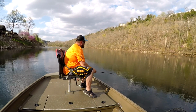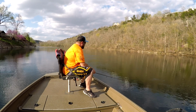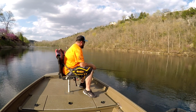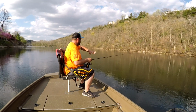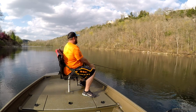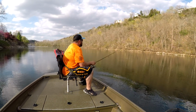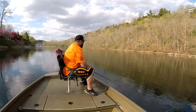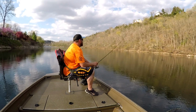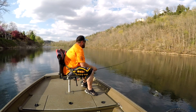So I'm getting down here. I can see that the breeze on the lake is picking up quite a bit. And so what I'm going to start doing here is laying my 2-pound line flat across the top of the water after each time I jig it. That'll prevent the wind from putting too big of a loop in my line. Once you have too much hanging out, you either see the strike and miss it, or you don't ever feel it at all. So I'm just trying to do as good of a job as I can to keep that wind from pushing that line out much further, which is why you see me dropping my rod tip back each time I jig it. In perfect conditions with no wind, I would just keep it up here, but